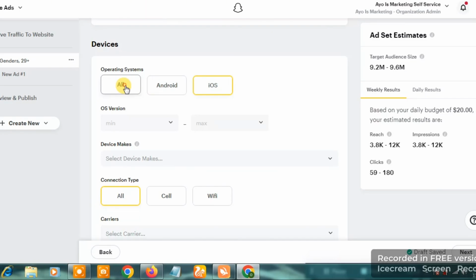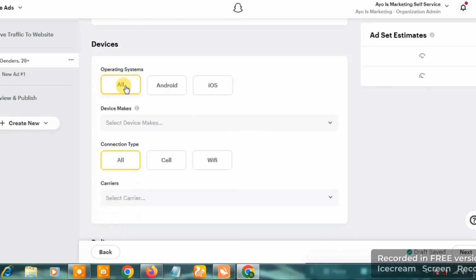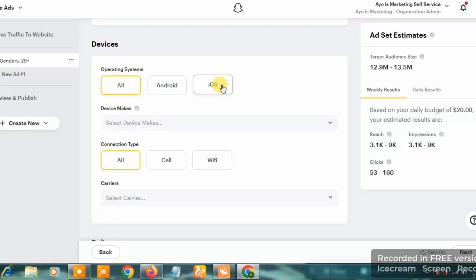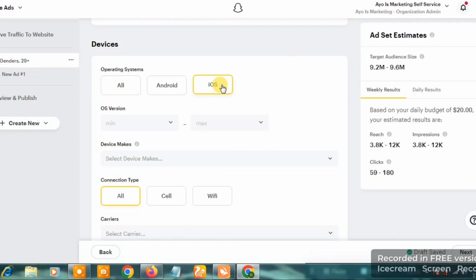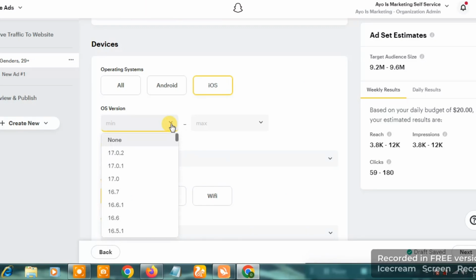Okay, so we can decide to click on all, but for my own technique, I might choose to target those who are using iOS. Why? Because people who are using iPhone and are very much in love with cars, they engage with their lifestyle on TikTok, their lifestyle which is recorded on Snapchat, is like people who love cars. So I'm just going to target iPhones, and I'm going to see the OS version, just for us to think logically and say, okay, fine, people who are using iPhone, let me see,